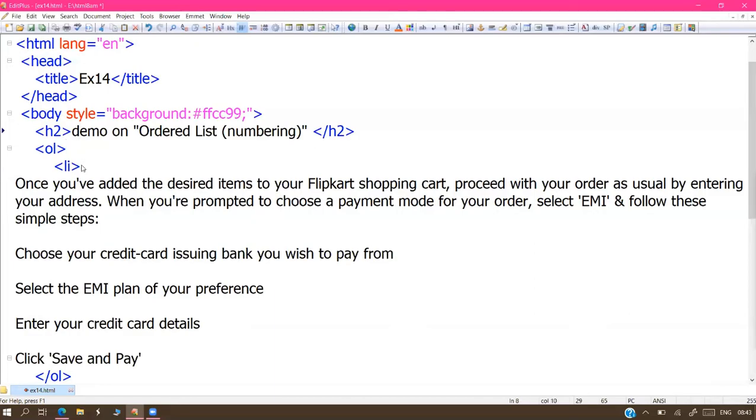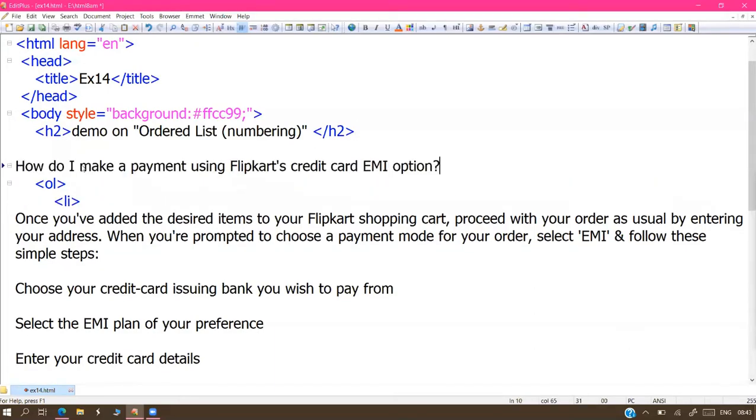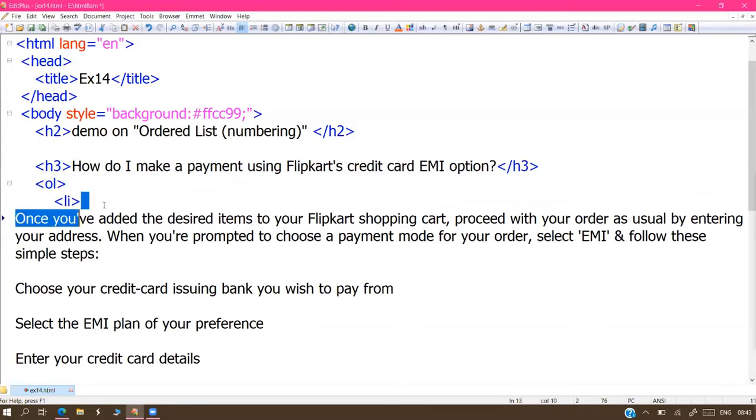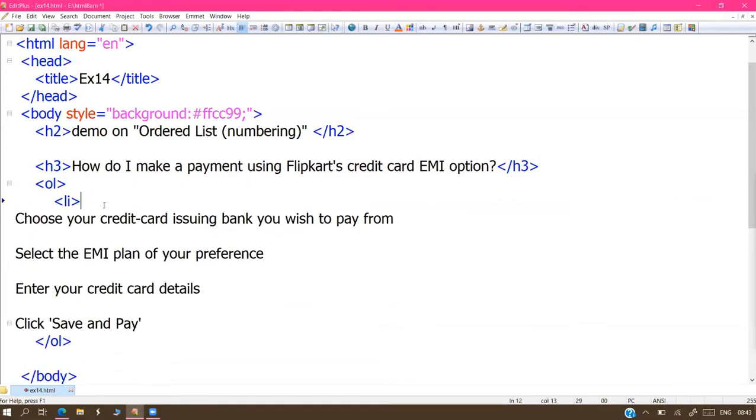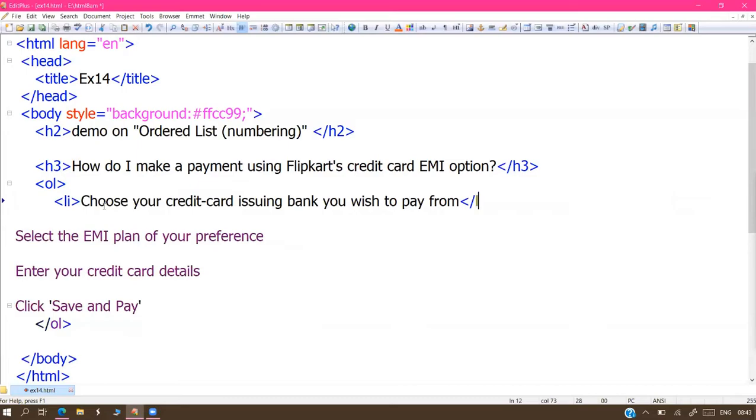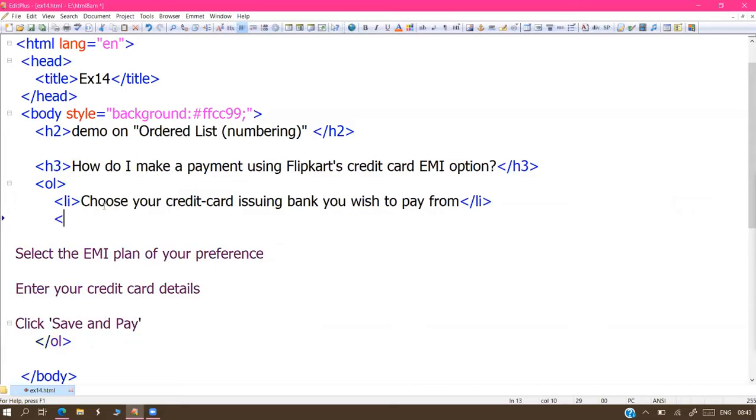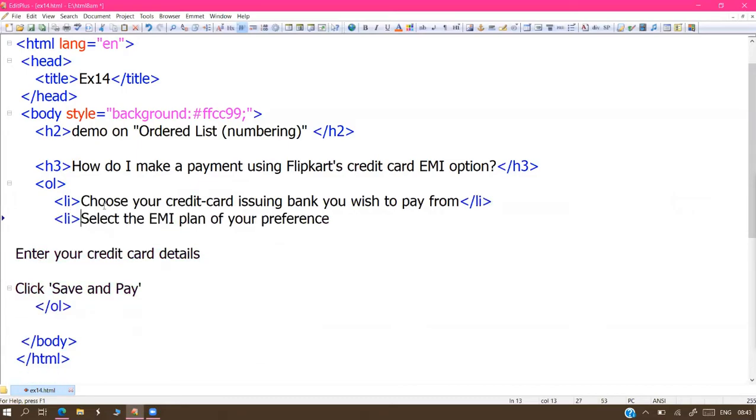This is the heading. We're displaying the points, how to make the payment by using the EMI card option in Flipkart. Point close. Second point close.